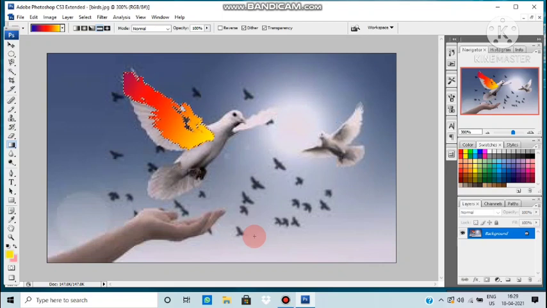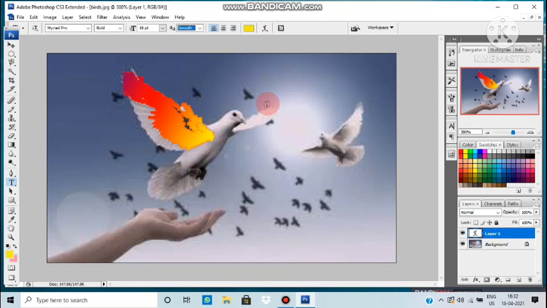Next we have the text tool. Now click in the area where you want to type. Now start typing. Suppose I want to write hello. After writing it, you will see that one new layer will be added in the layers panel. This is the text layer, layer 1 and layer 2. Clear? So this way you can add text or any type of slogan to any image. So remember, whenever you provide a text or slogan to the image, automatically one layer will be created for the text which you are providing. I hope it's clear to all of you.